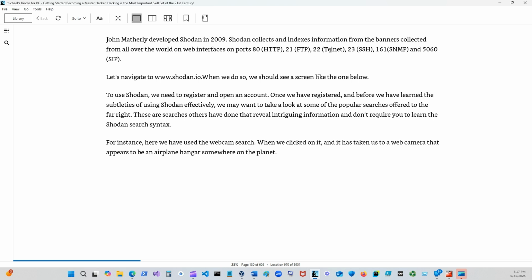So, see how they did all these three right here? Eventually, the more you mess with cybersecurity and you read these books and you're fiddling with stuff, you're going to have all these memorized. The more you play with it. And 5060, SIP. If you don't know what interface ports are, because you're new to cybersecurity, you're just getting a taste, then you've got to do your research on it.